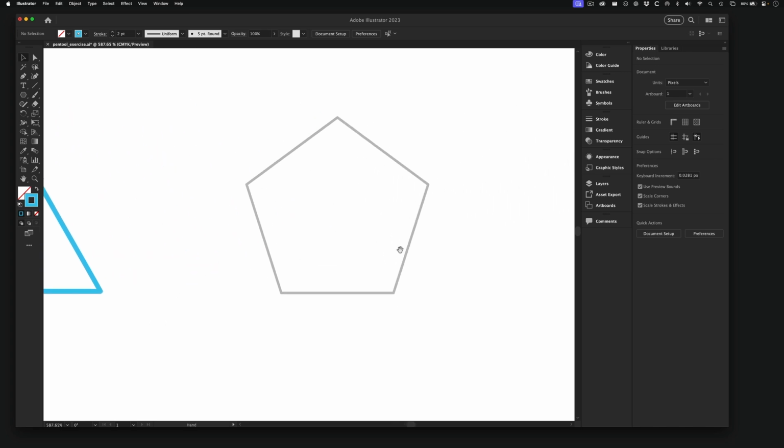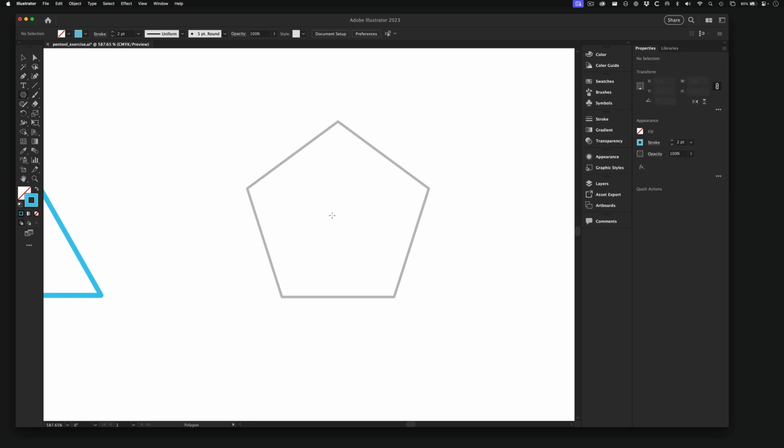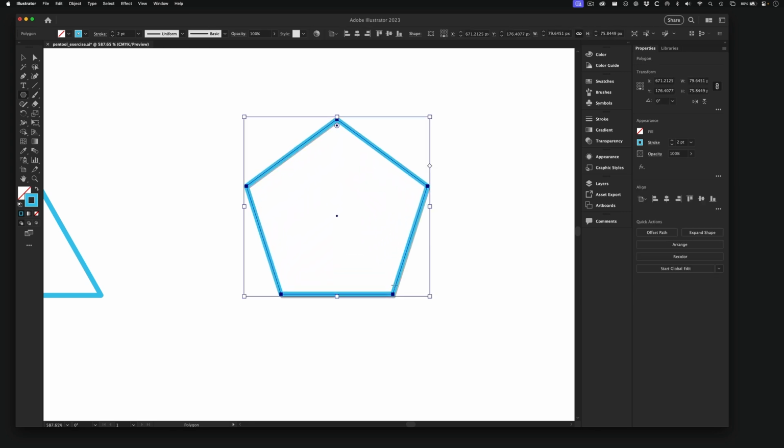All right, we're going to come over here to Pentagon and we'll do the same. So we'll just talk about these geometric shapes. We got a triangle. We need to go up 2 sides. Let's go up to a square with the up arrow, and then we'll go to a pentagon. I'll hold down my Shift key. It'll bring it into alignment, and we will just roughly guess it, and then I can come back up here